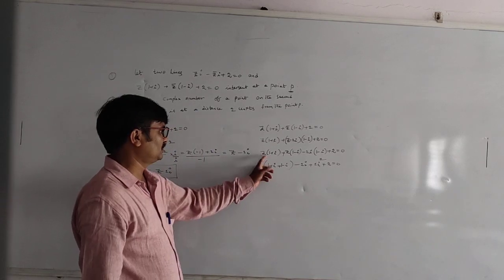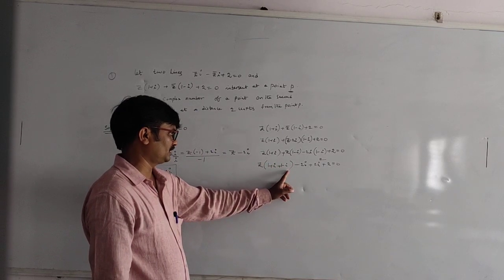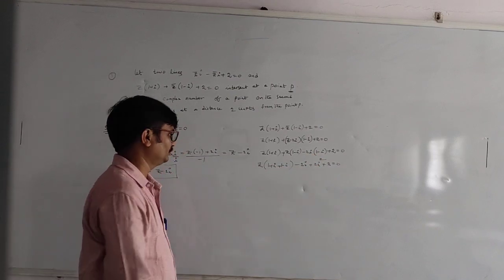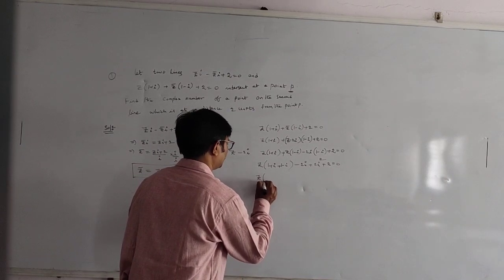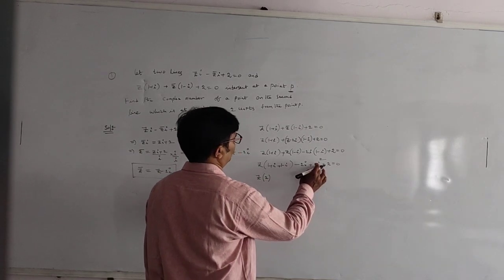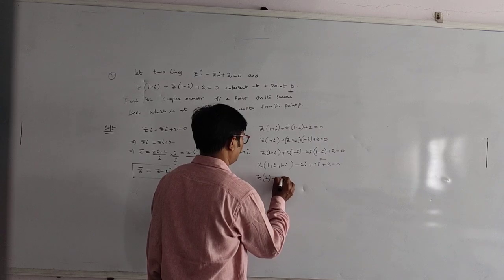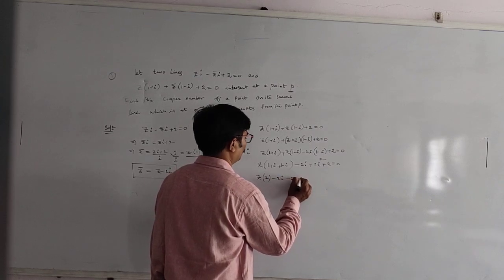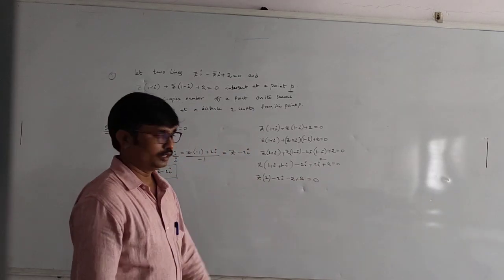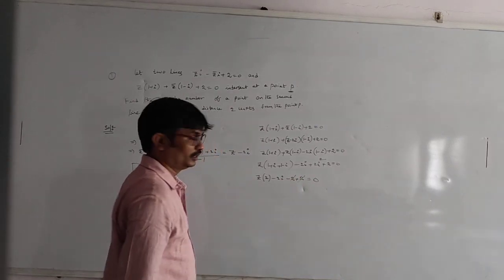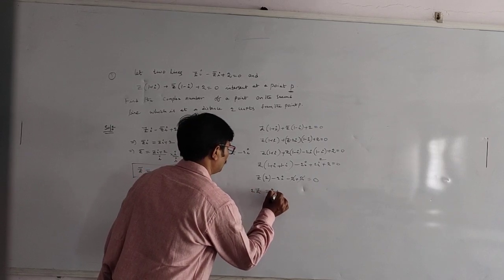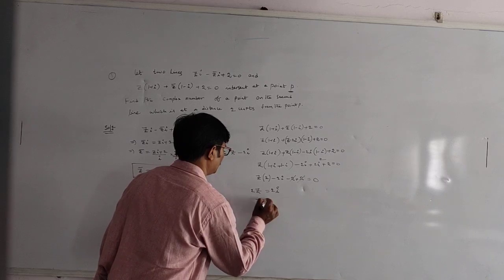How to write, students? z is the common here: 1 plus i, 1 minus i. Therefore minus 2i minus minus plus i into i square. Now this can be written as i cancel, this is the 2. After that, i square is the minus 1. Therefore minus of 2i, this is minus 2 plus 2. Minus 2 plus 2 are cancelled. Now students, 2z equals 2i. Therefore z equals i.